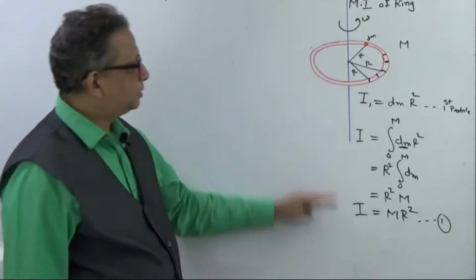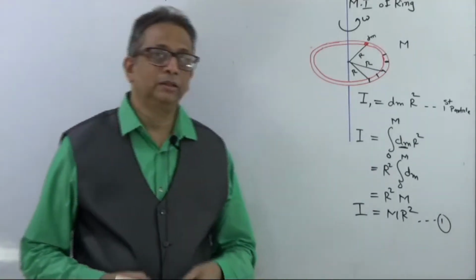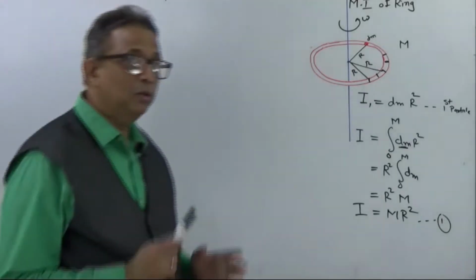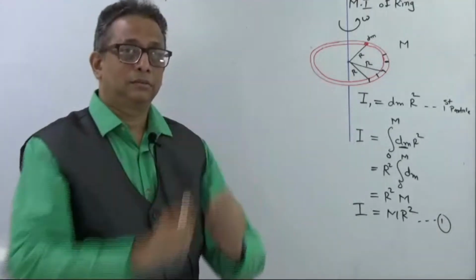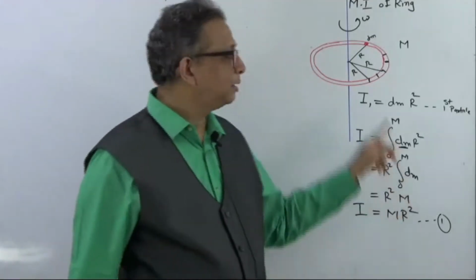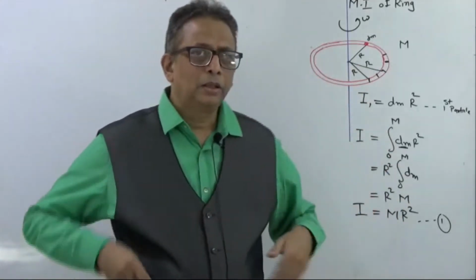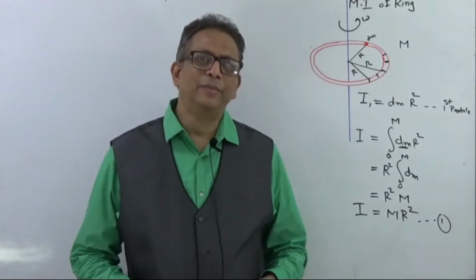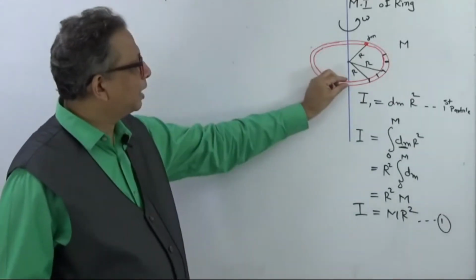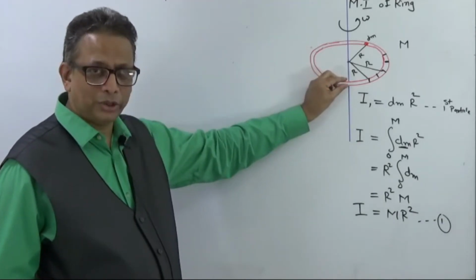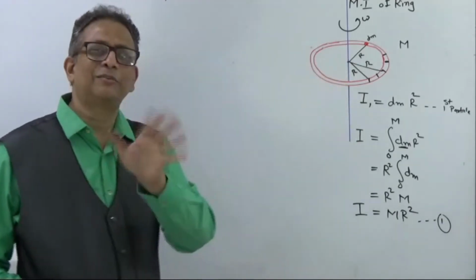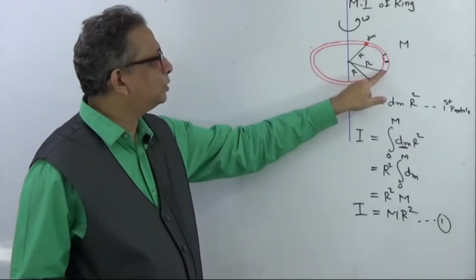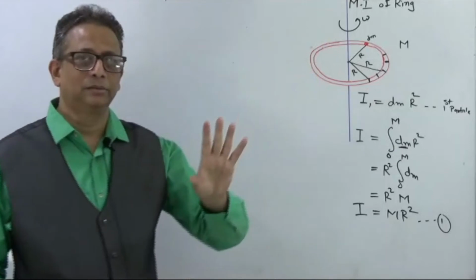So with this we have derived the equation, that is the moment of inertia of a ring whose total mass is m and it is at a radius r. Now here we are not considering, or it is neglected, the dimensions of the ring, what the cross sectional area or thickness is, it does not matter much. You have the radius r, this radius r will be to the center of the thickness of that ring, right?